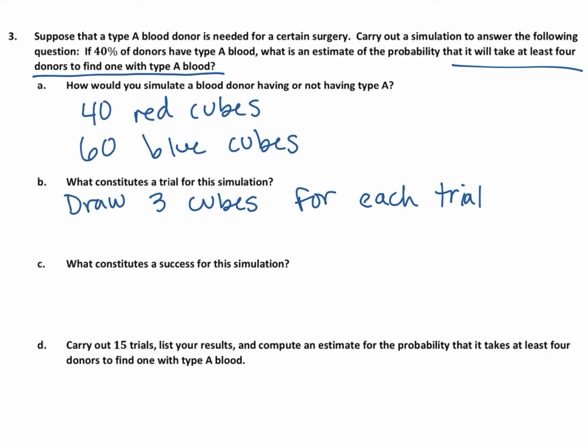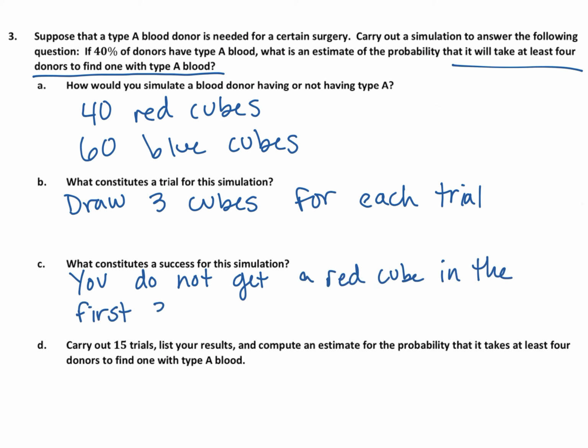Then it says, what constitutes a success? They're trying to figure out the probability that it will take at least 4. That means that you do not get a red cube in the first 3 drawn. A success is if you don't get any red cubes. So blue, blue, blue. Then it says, carry out 15 trials and list your results, and compute an estimate for